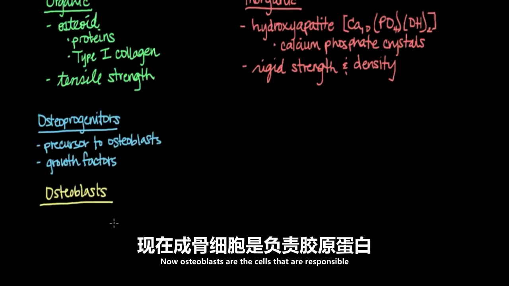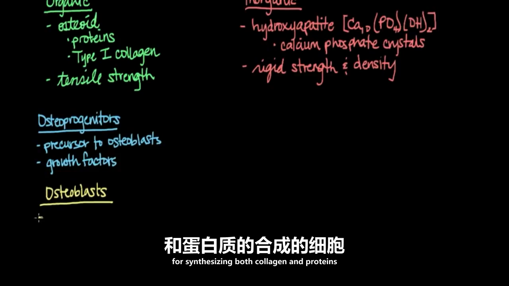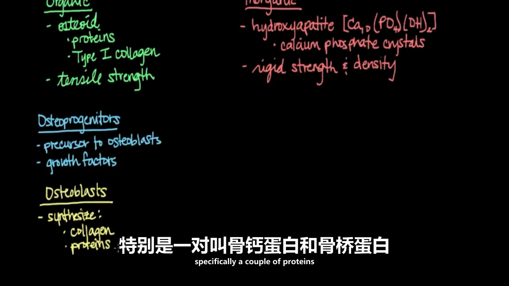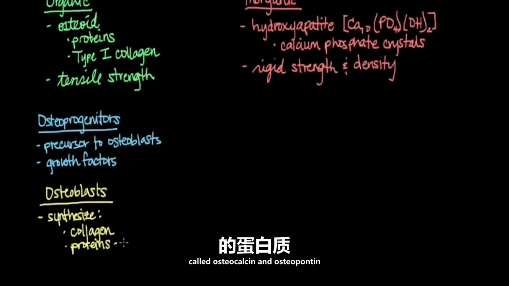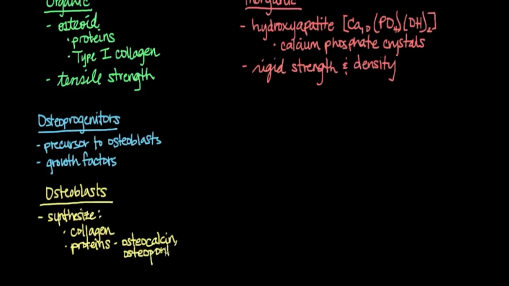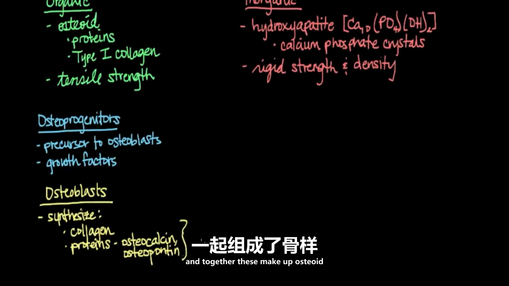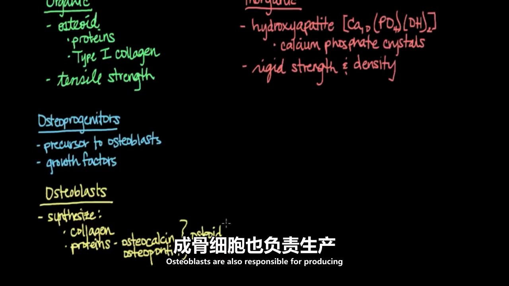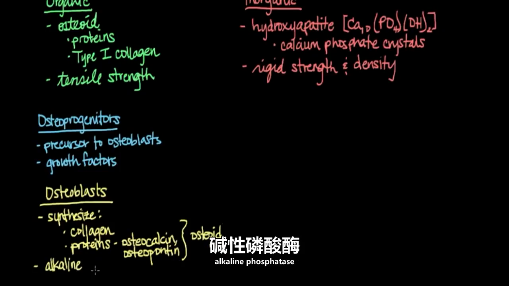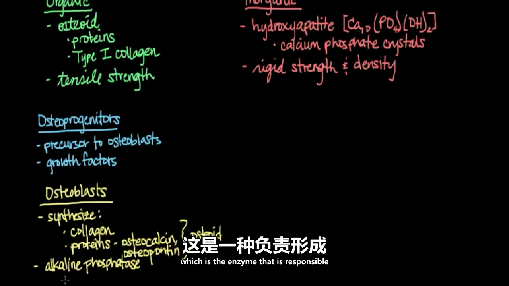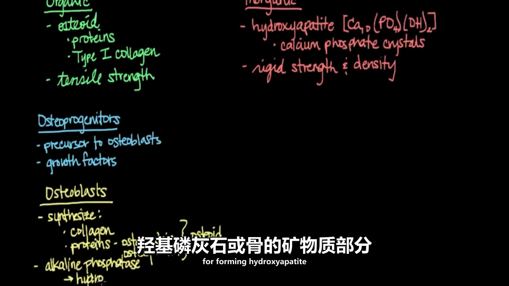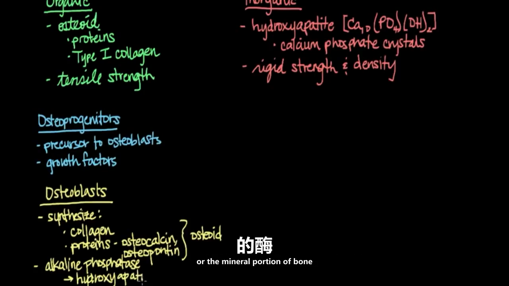Now, osteoblasts are the cells that are responsible for synthesizing both collagen and proteins. Specifically, a couple of proteins called osteocalcin and osteopontin. And together, these make up osteoid. Osteoblasts are also responsible for producing alkaline phosphatase,